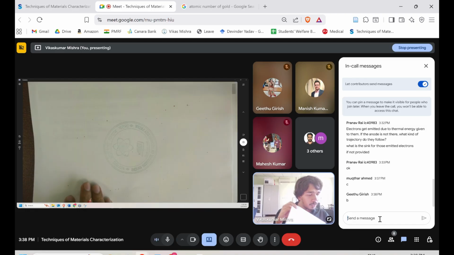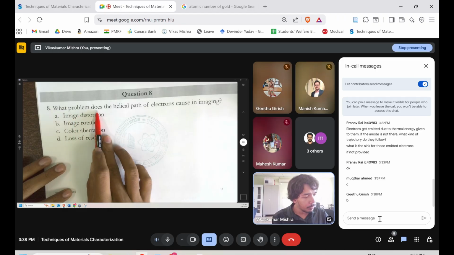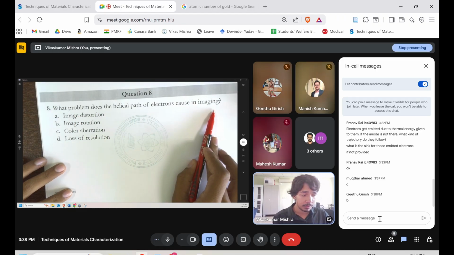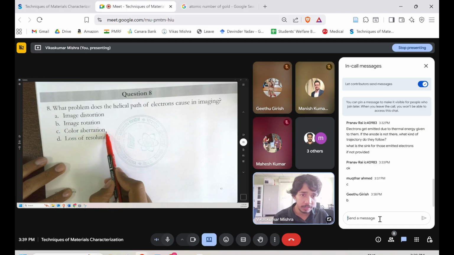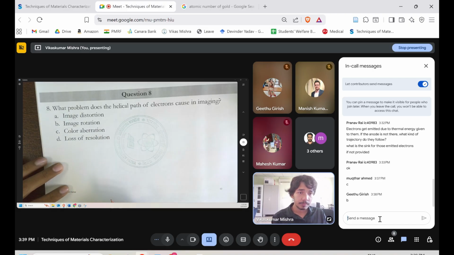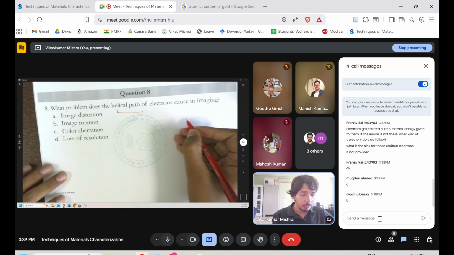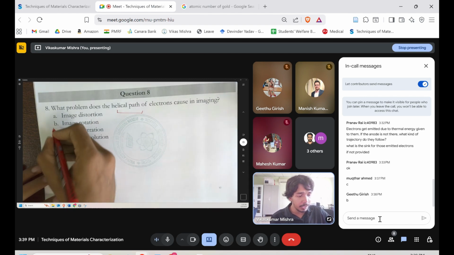Okay, a couple more questions. Let's discuss this particular theme. What problem does the helical path of the electron cause in imaging? Image distortion, image rotation, chromatic aberration, loss of resolution. If the electron's path is helical, what will be the problem? The problem it will create is that the image will be rotated by a